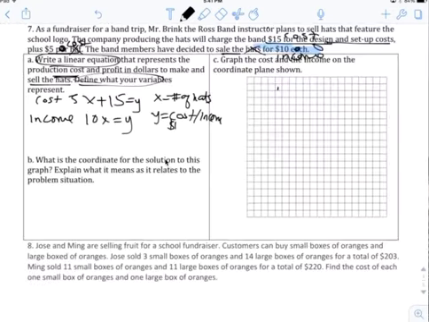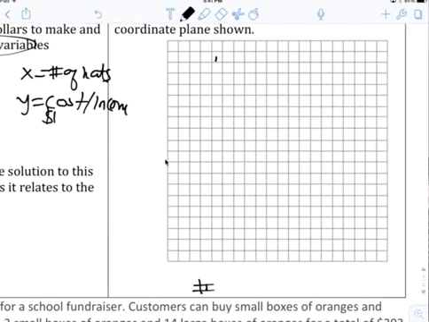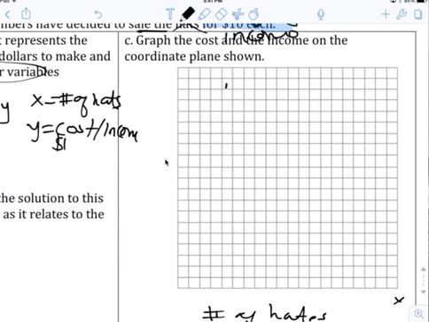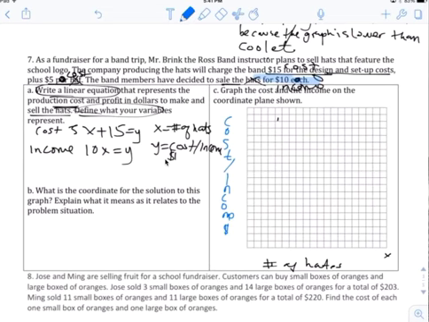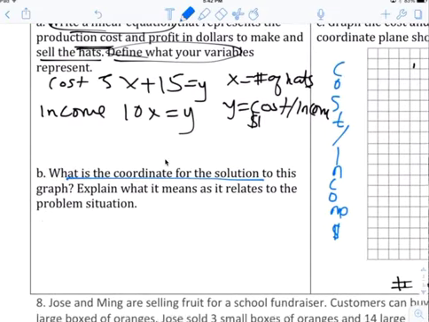And that number of hats goes here. That's your x. Your y is the cost and income in dollar amount. Okay. So when you're graphing these, what is the coordinate for the solution? So I may ask that, probably, and explain what it means as it relates to the problem situation. Okay, what are the coordinates? We can do substitution. Okay, 5x plus